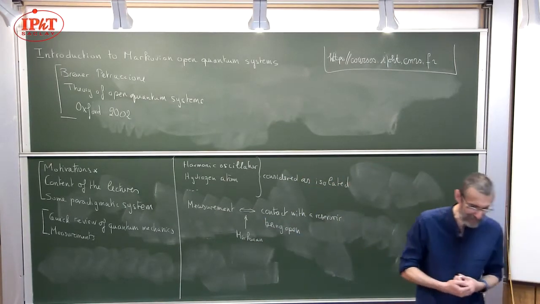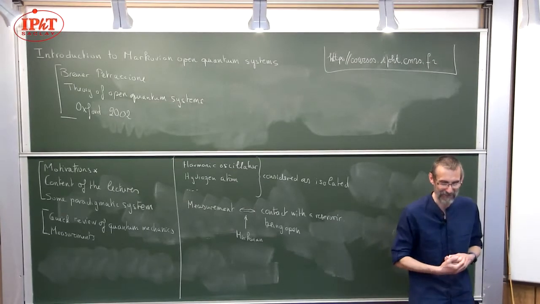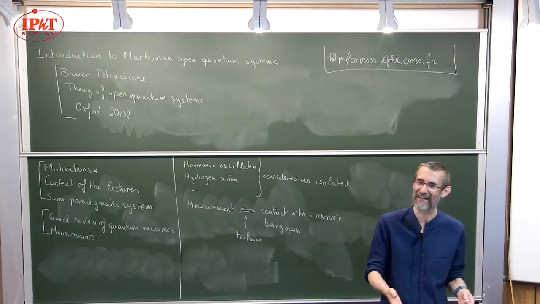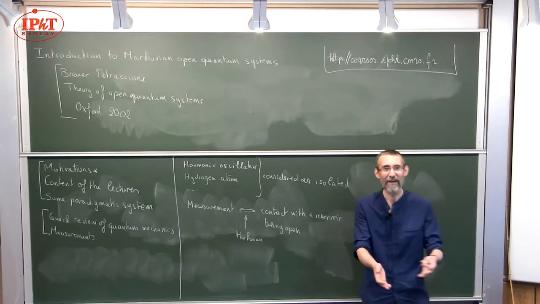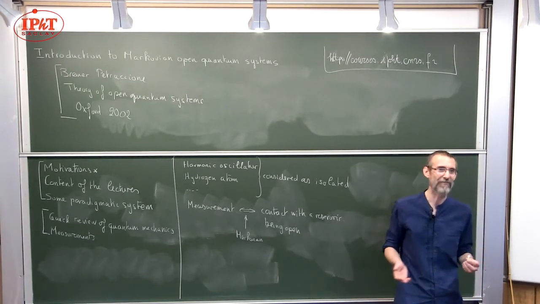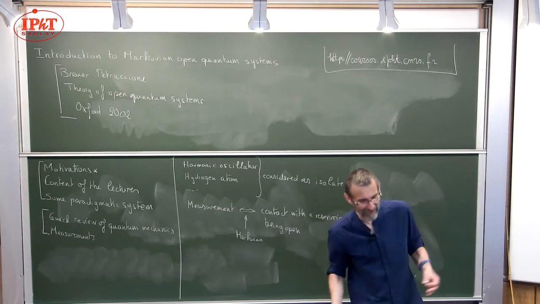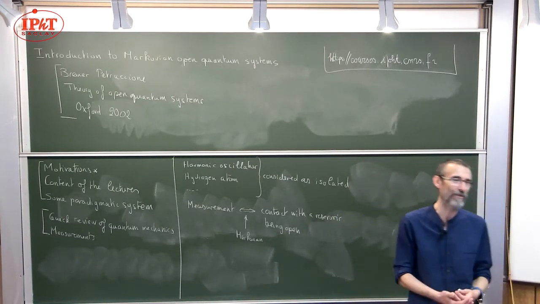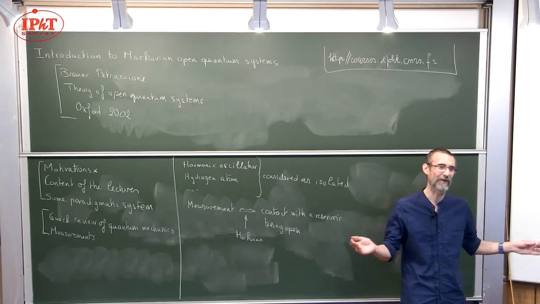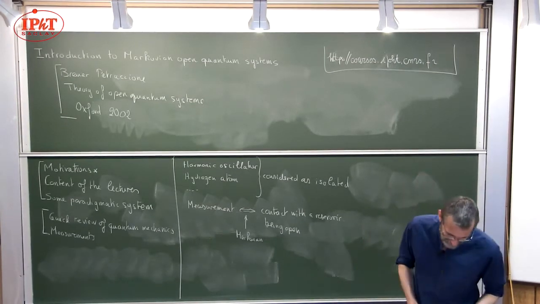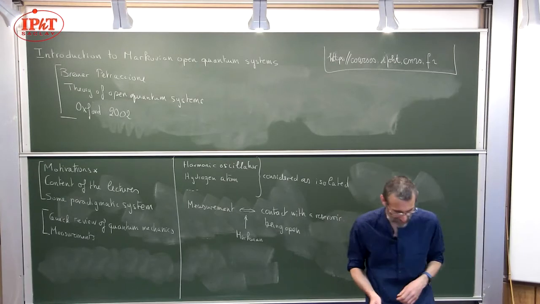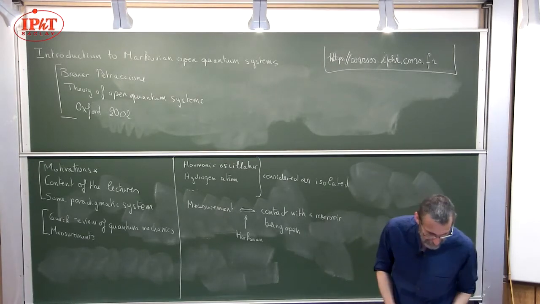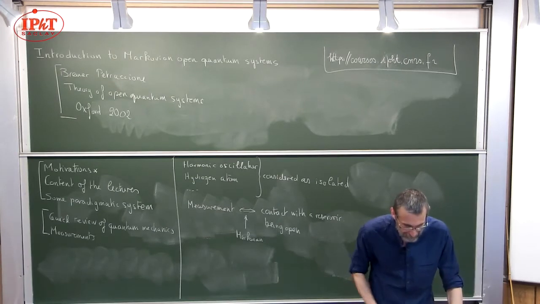We all know that when we toss a coin or throw a dice, we don't find a superposition of heads and tails on the table. And one of the arguments you can give is that even the interactions with the air surrounding the coin is more than enough to destroy all coherence and to have a definite answer when you toss your coin.